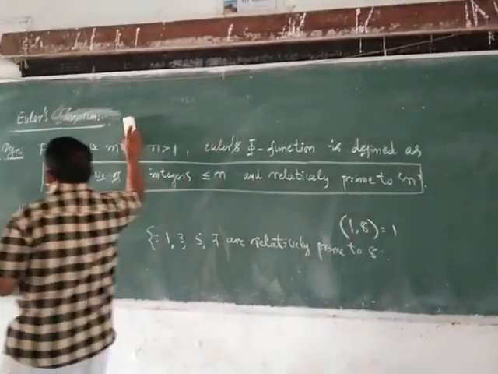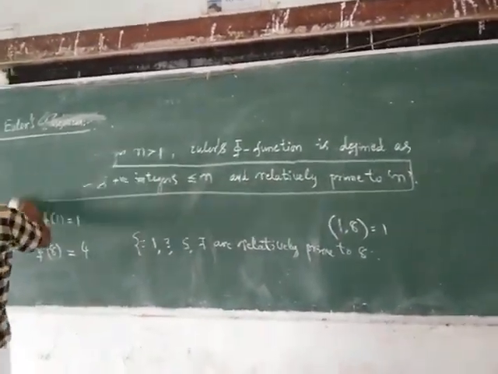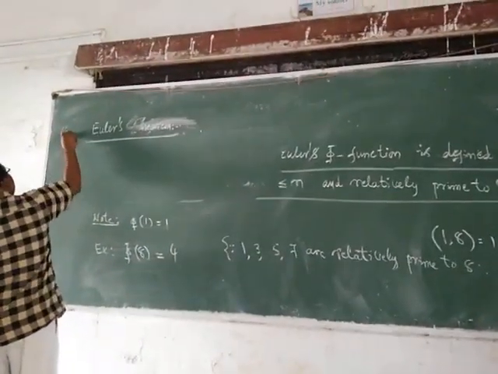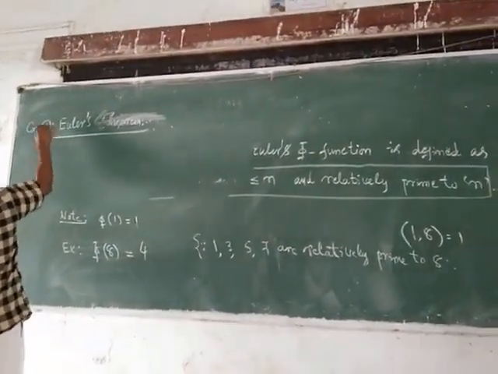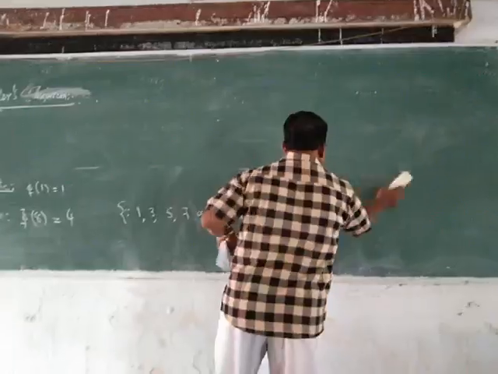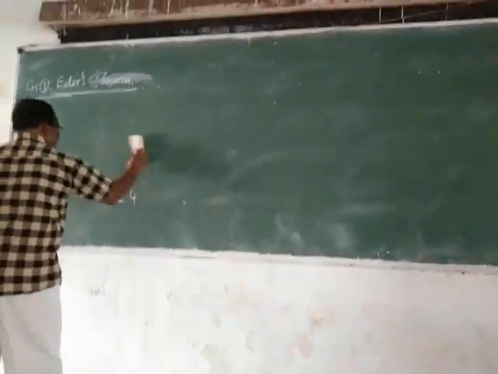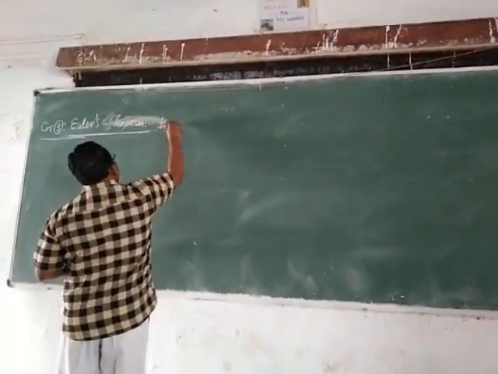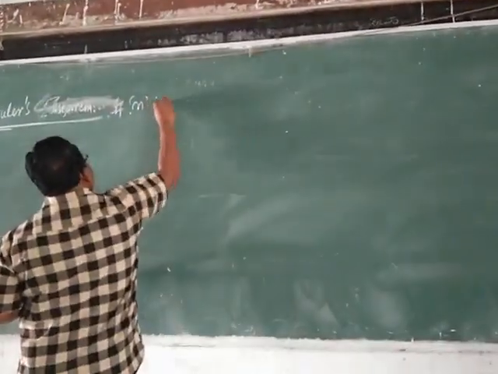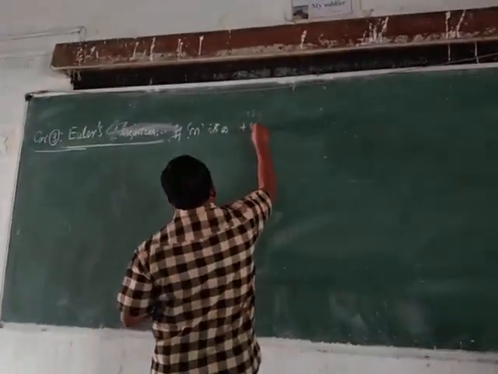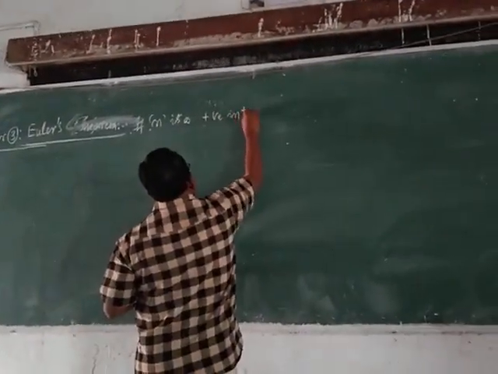You can take this as corollary 3. If n is a positive integer